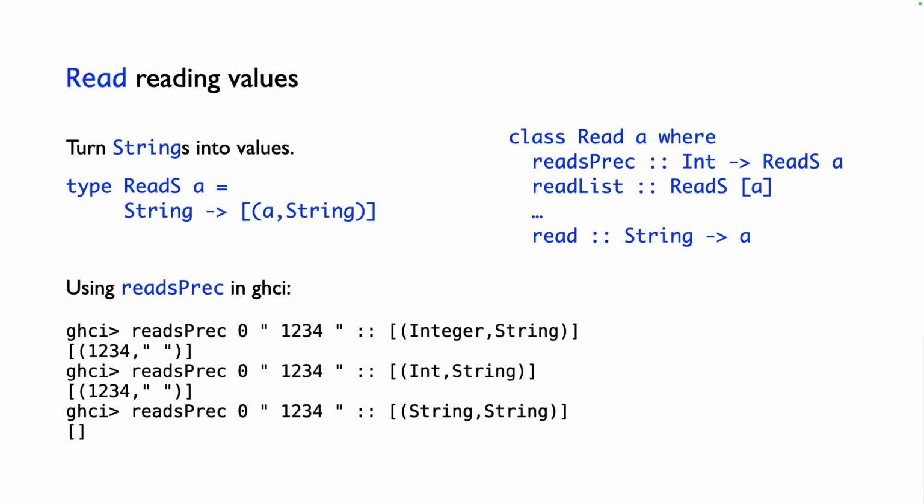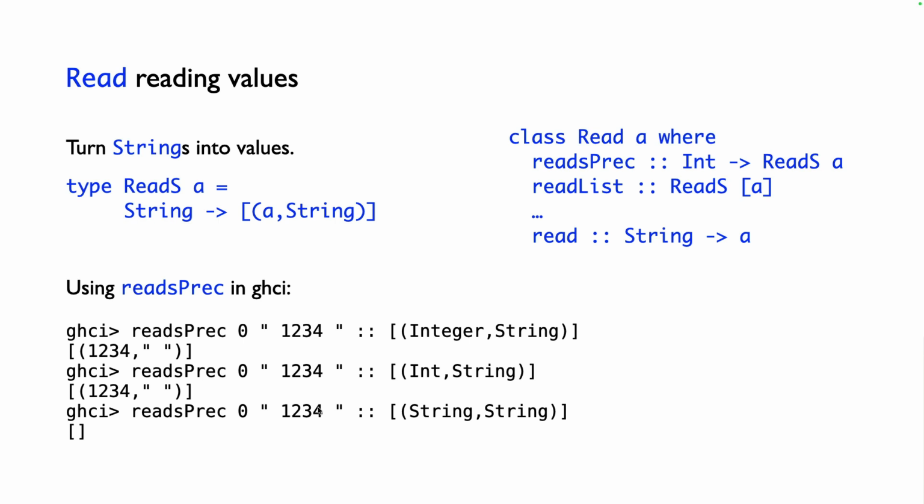Of course, in order to read from a string into a type, I have to say which type I'm looking for. So you can see here I've applied reads_prec to 0 and the string space 1234 space, and said I want back a list of pairs of integers and strings. And what I get back is the integer 1234 and the empty string, which is what follows that value. And a similar thing with integers. And you'll find if I say reads_prec that from 1234 a string, I find nothing comes back because there is no possible reading of that as a string,